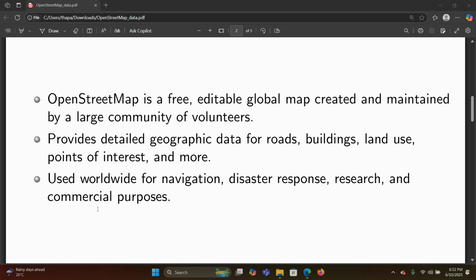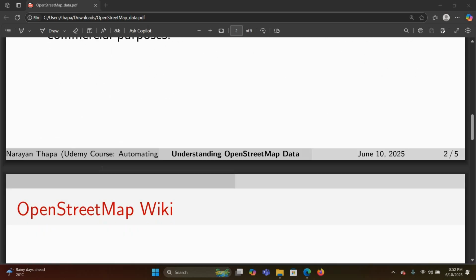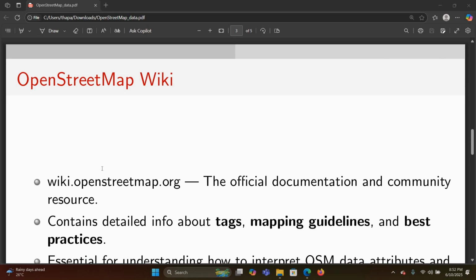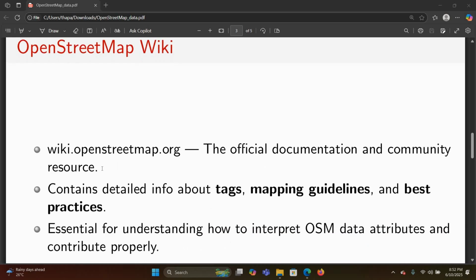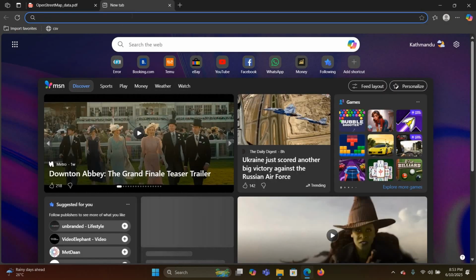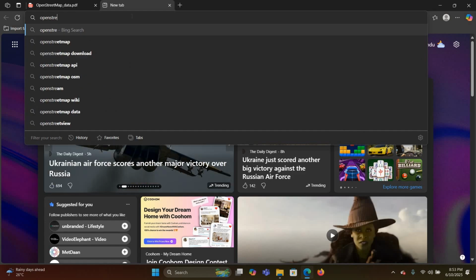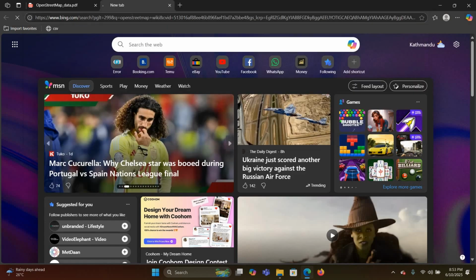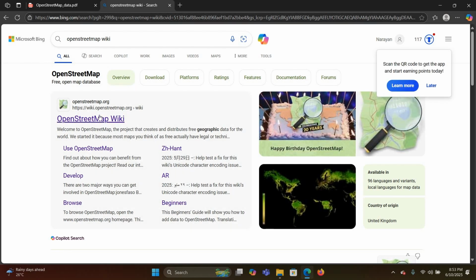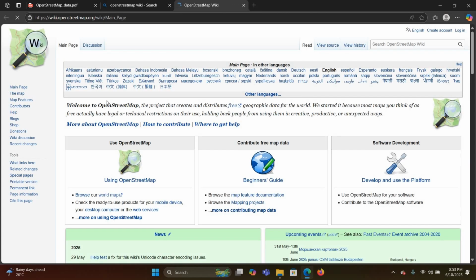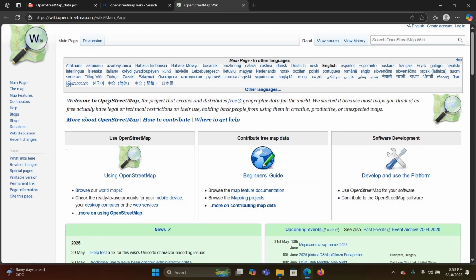So where this information is available, how to download it, and what its purpose is, we are discussing that. If you want to know more about the OpenStreetMap dataset, you need to go to the OpenStreetMap Wiki. So I'll just take you to the wiki. Then if you click on this page, you see that there is so much information over here,